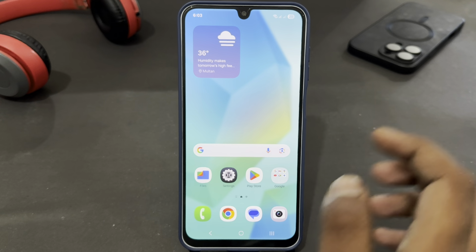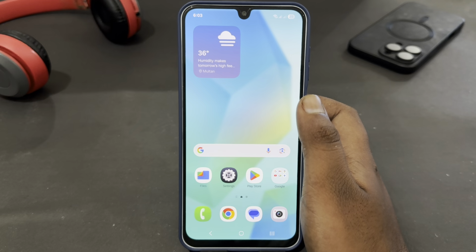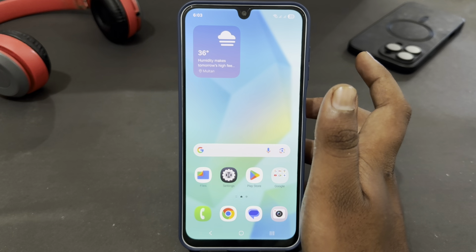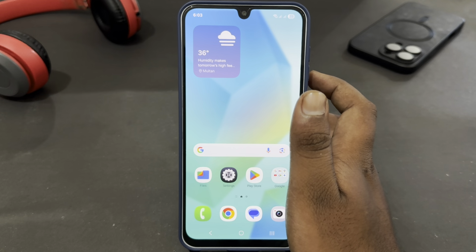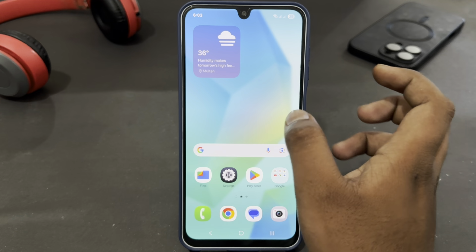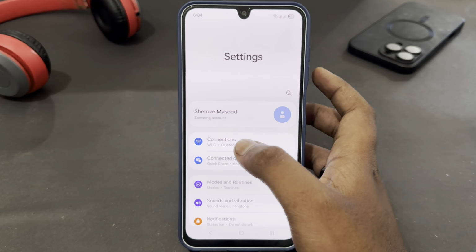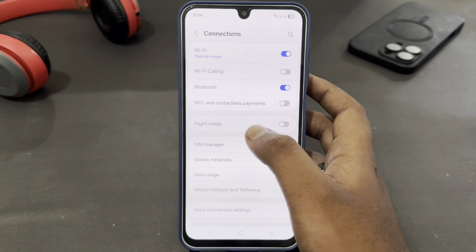Hey guys, today I'm going to tell you how to fix the Wi-Fi connected but no internet access issue in Samsung A16. If you are using an A16 and you are having an issue with your Wi-Fi, let's see how you can fix that. You just have to open your settings, and here just go for connection, and here just select